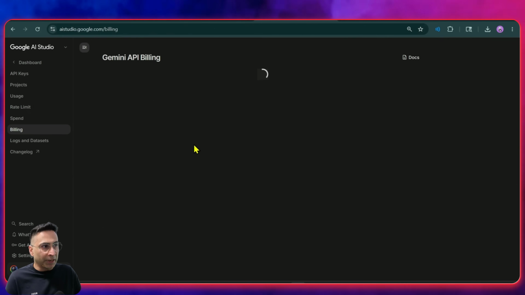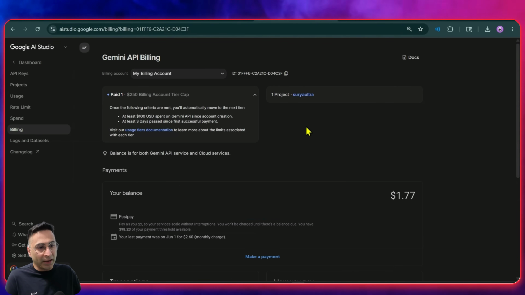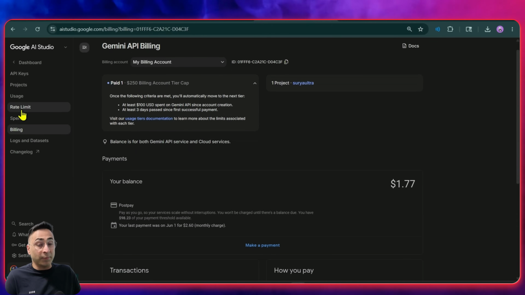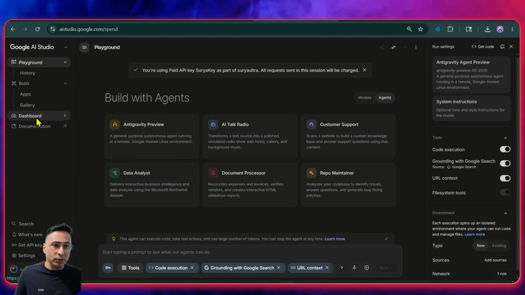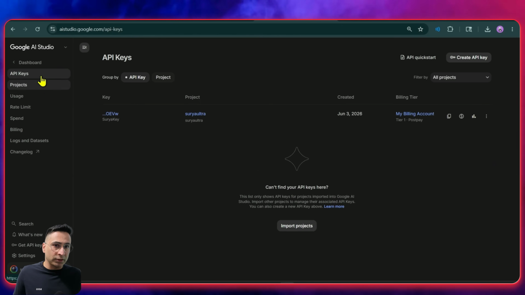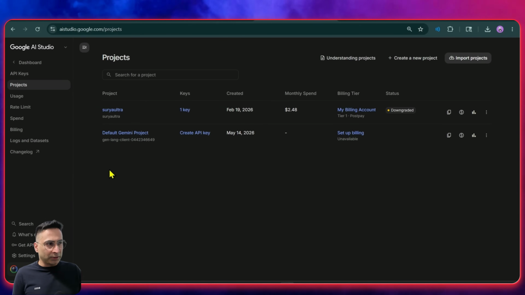You can also see billing for individual projects. So you can see the tier that you have, right? Depending on each type of project that you have. So I think this whole dashboard is pretty cool, where you are able to see all of these different things, which I thought was pretty interesting, right? So that's something I wanted to share so that you can understand the granularity in which you can go now